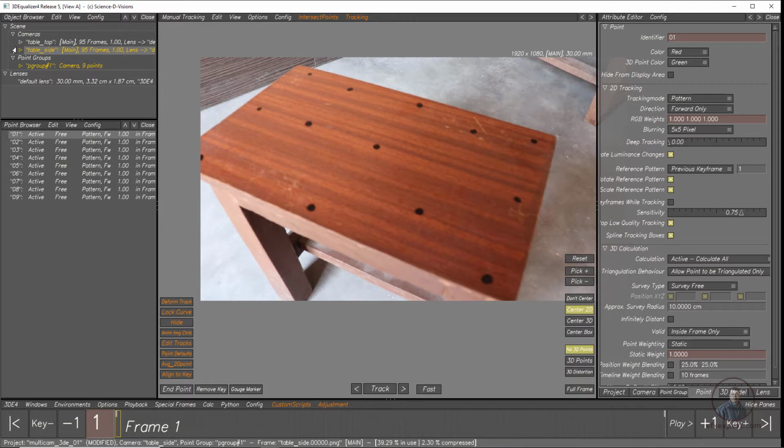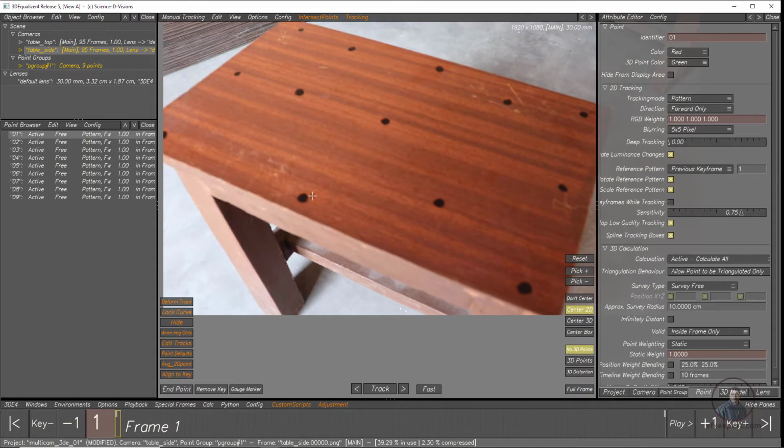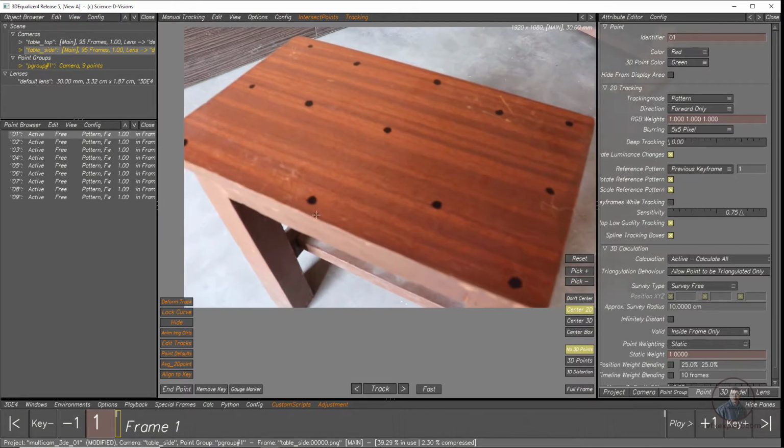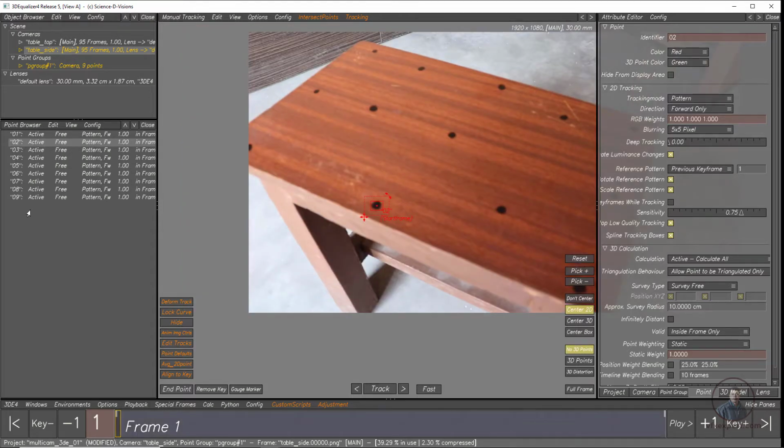Now I am going to track our second camera. Simply double click on our second camera, which is our side one. Here I am going to start with the second point, because I think the first is a little bit off-screen from our viewer, so later we will track that one. Okay, so I have selected the second one, then simply click here. Don't hold control, otherwise it will create a new point. So select and simply click here like this. Now downside you can see there are no new points, only 9 trackers are here. Okay, so this is important.